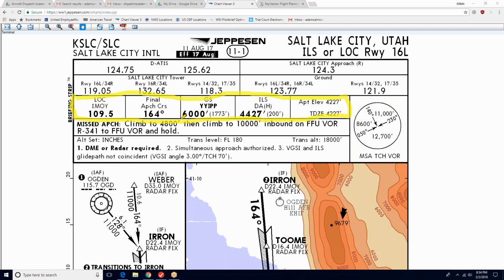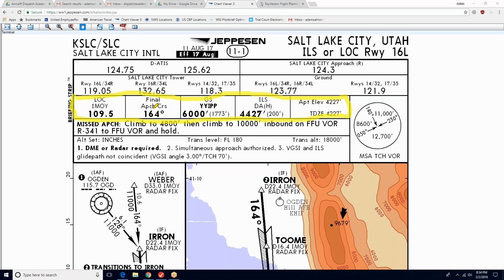They'll have them turn to 164, basically guide them onto the approach, if that makes sense. They'll say turn heading 164, descend and maintain 6,000 feet. What happens then is the plane turns to 164 degrees and goes down to 6,000 feet,